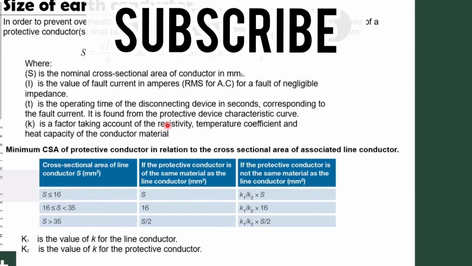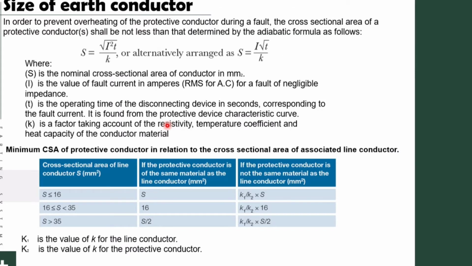Overheating of the protective conductor during a fault. The cross-sectional area of a protective conductor, which is S, shall be not less than that determined by the formula as follows. See here this equation: S equals the root of I squared multiplied by T, over K. Or I can use this equation: S equals I root T divided by K, where S is the nominal cross-sectional